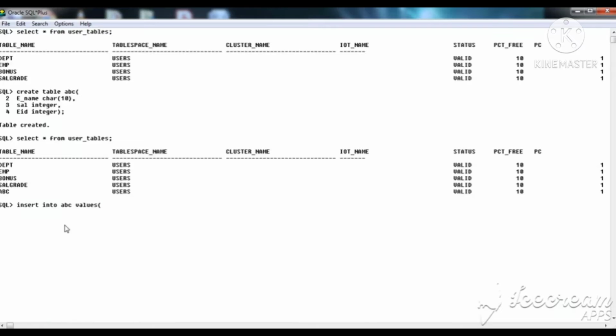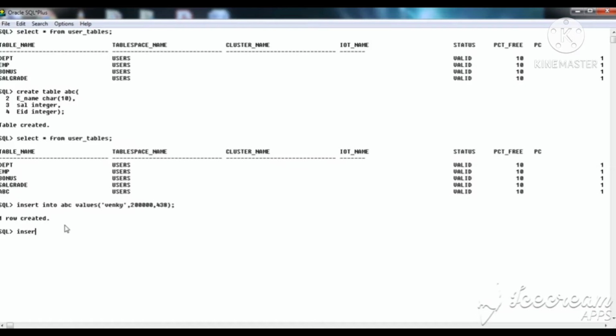First name Venki. Salary is of integer type, 20. Employee ID, that is also integer, so 438. Bracket close. 3 fields, 3 columns are there. So I gave 3 values, entered, 1 row created.